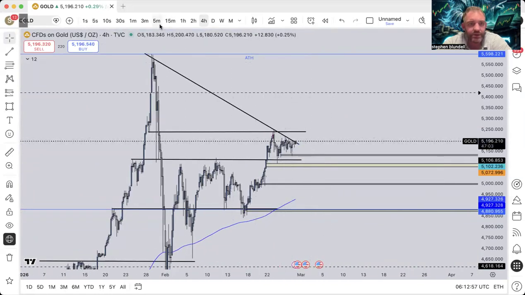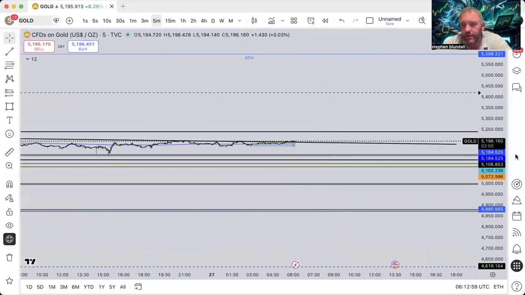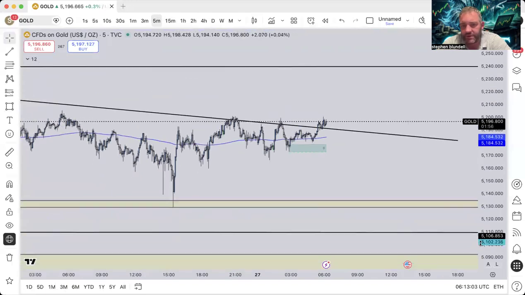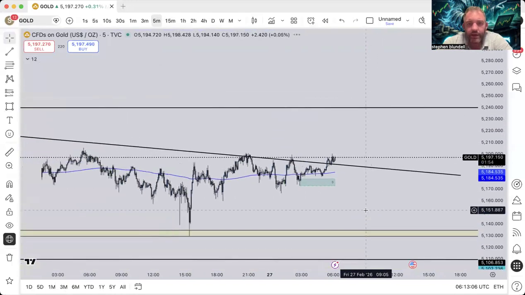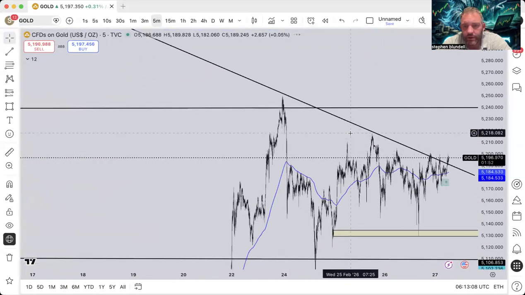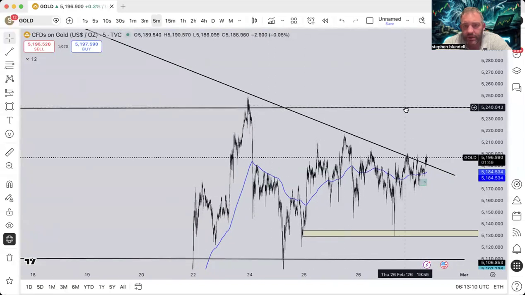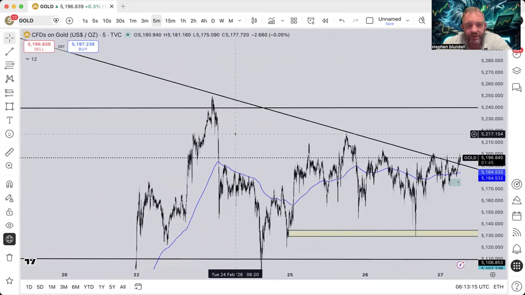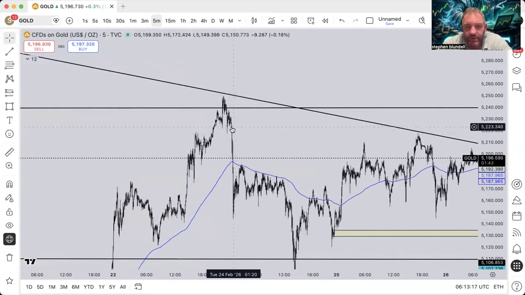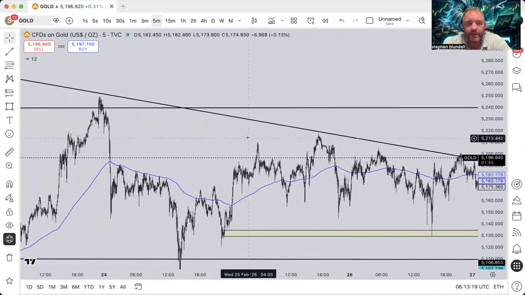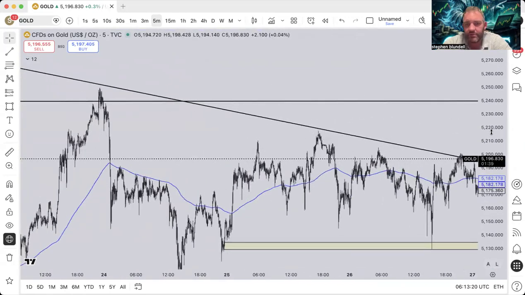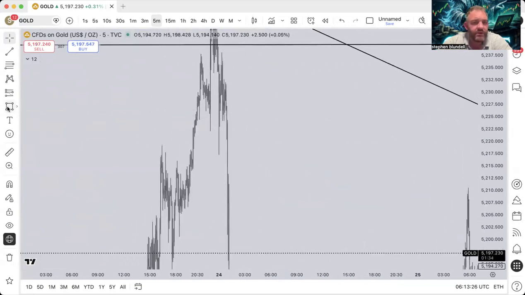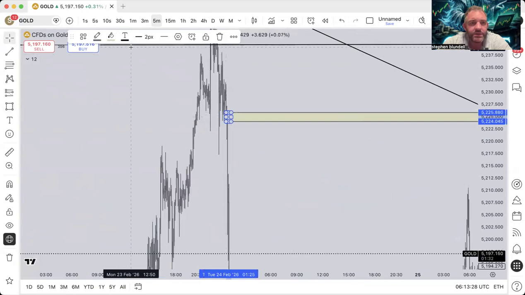It's literally just ranging. We'll see if we have got a nice 5 minute there. If I was obviously going to be taking a buy, this would probably be my target up here, or maybe this high here to fill the rest of this imbalance. And obviously, we've got a tiny imbalance right here. So if I was going to be taking a buy from that order block, this area right here would be my TP,